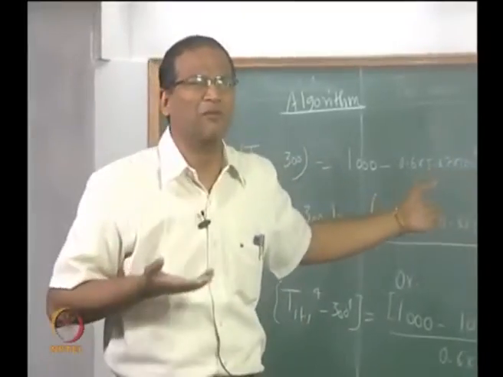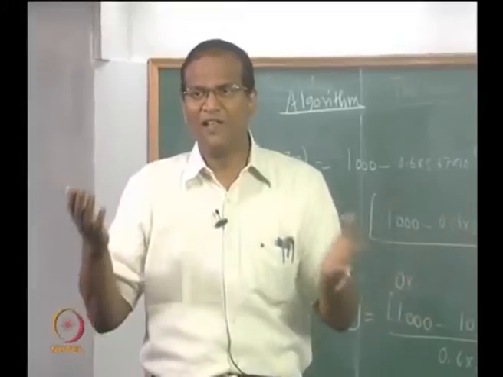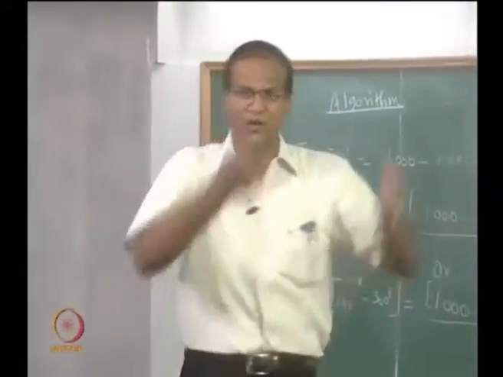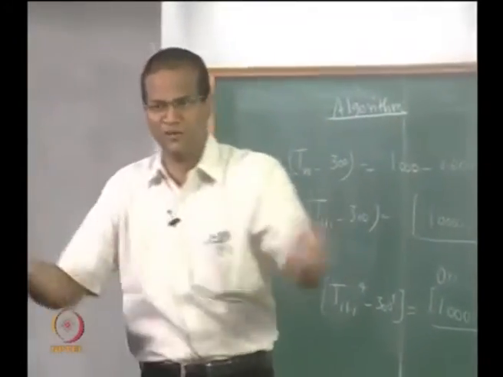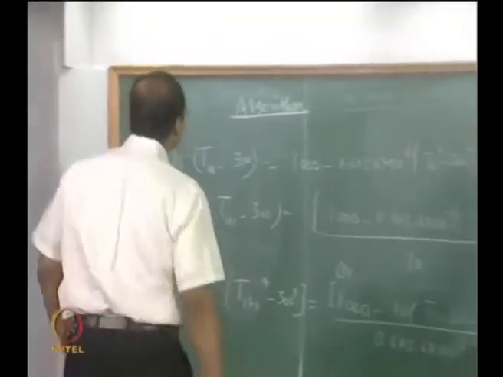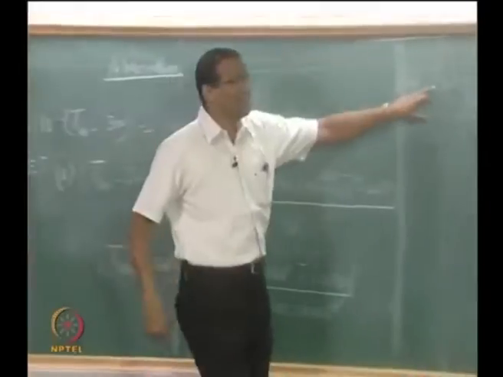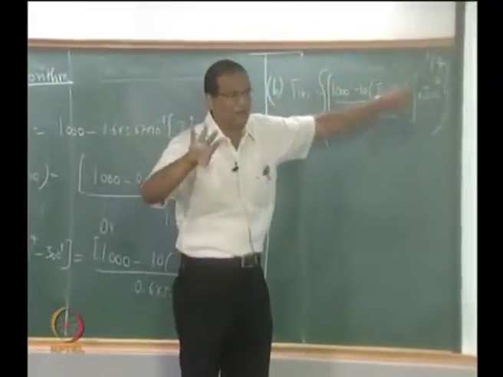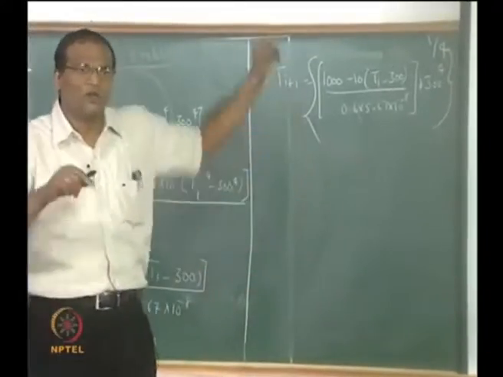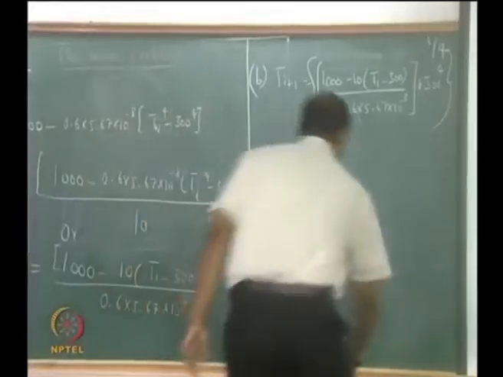What is the information flow diagram I am talking about here? Basically, whether Q convection is equal to total Q minus Q radiation, or Q radiation is equal to total Q minus Q convection. These are the 2 information flow diagrams. Here I am saying Q convection is Q total minus Q radiation. Here I am saying that Q radiation is Q total minus Q convection. It so happens that one of the 2 is not working. So when one of the information flow diagrams is not working, go to the other information flow diagram.